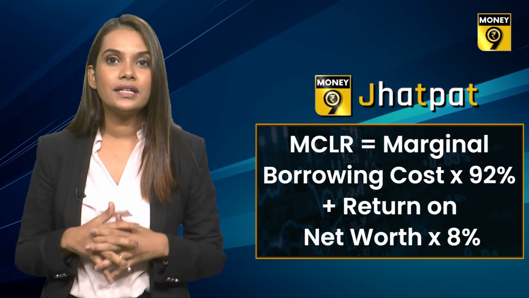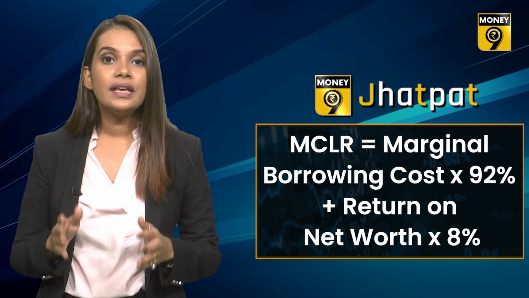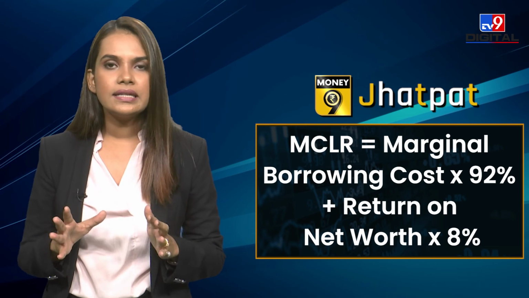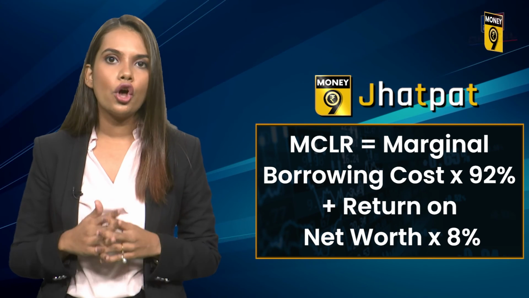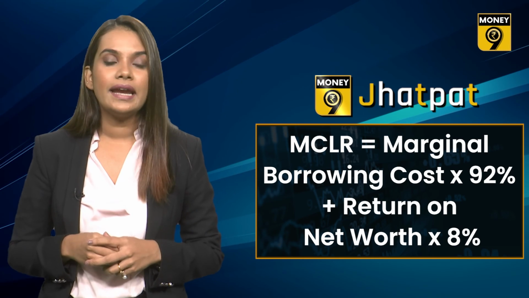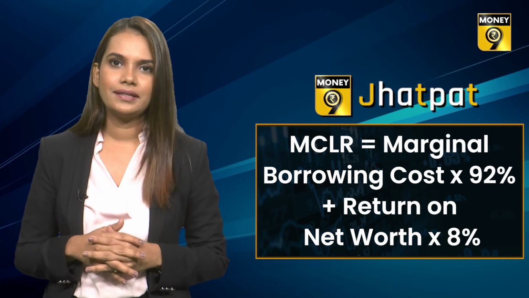And finally comes the discount or tenor premium. The reset period of interest rate is called tenor. So to broadly understand, MCLR depends on the cost of raising funds and operating cost of the bank. Now you know why the couple was getting different home loan rates in different banks.